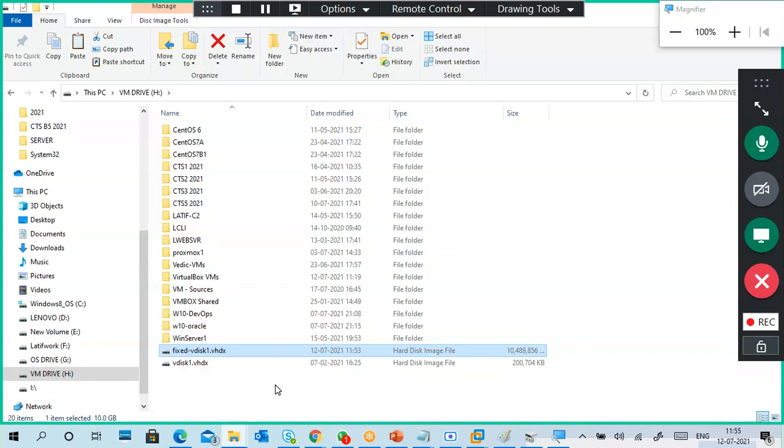Got the point? You can create anywhere and move from anywhere. That is the main point of virtual machines also. You can create a virtual machine on your machine and move it to another machine. So the main important thing is the virtual hard disk. That's it.